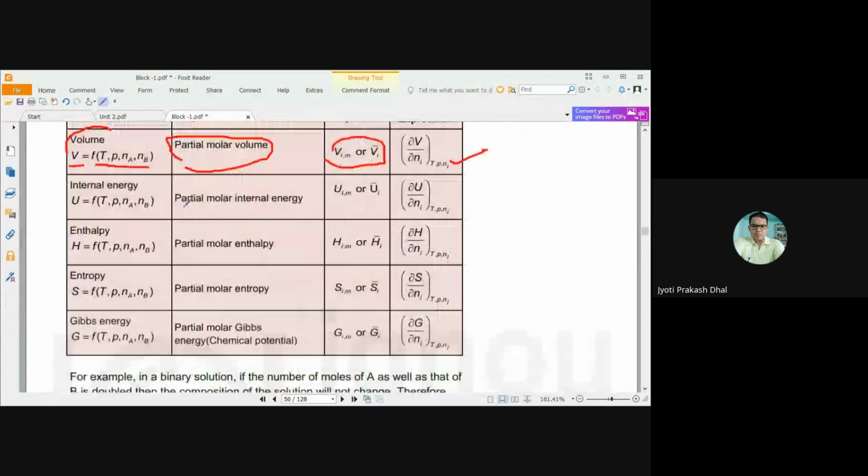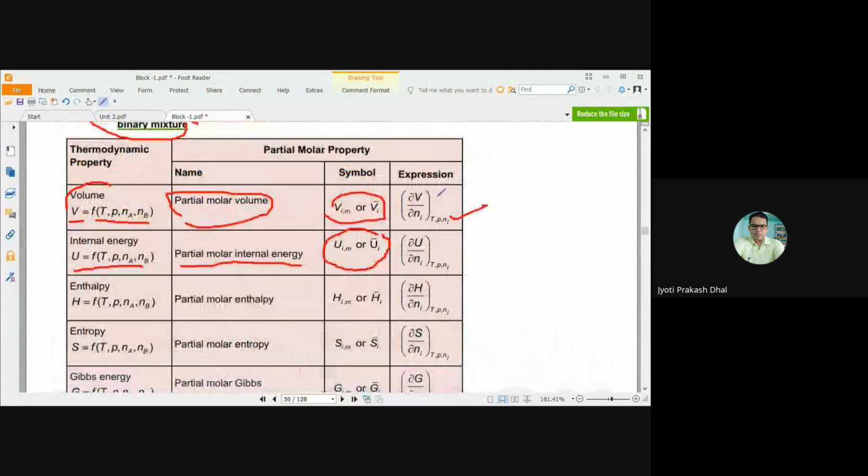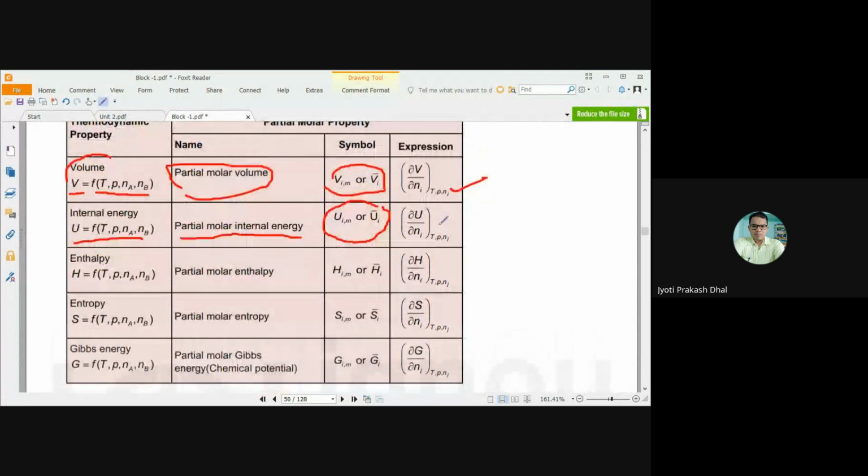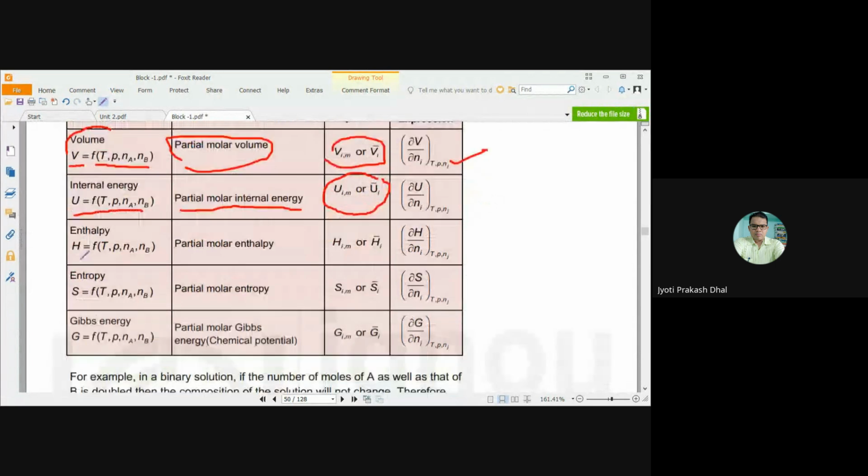component. And similarly, if you take internal energy, this is another partial molar property. U is a function of T, P, NA and NB, that is called partial molar internal energy. So the representation will be UiM or Ui bar, and the expression will be del U by del Ni at T, P, Nj. And if we take another partial molar property, enthalpy, H is a function of T, P, NA and NB, that is called partial molar enthalpy. Similarly, the representation will be HiM or Hi bar, and the expression will be del H by del